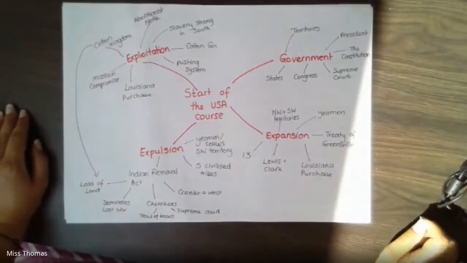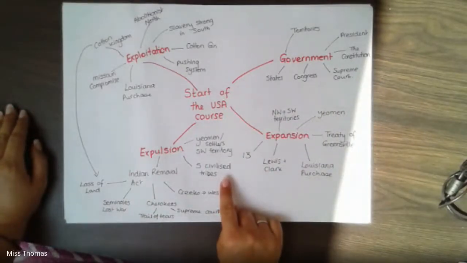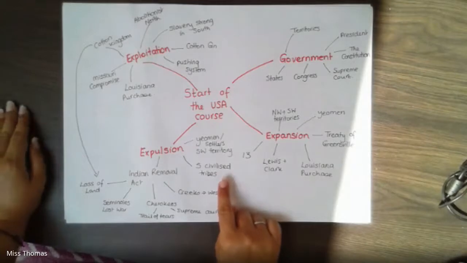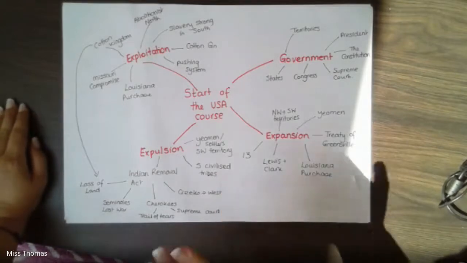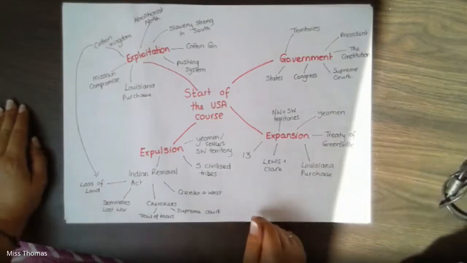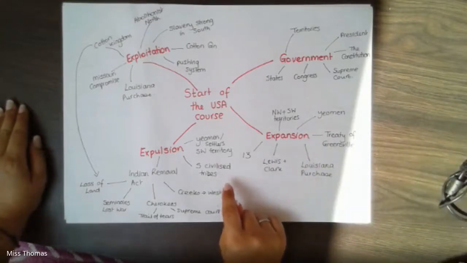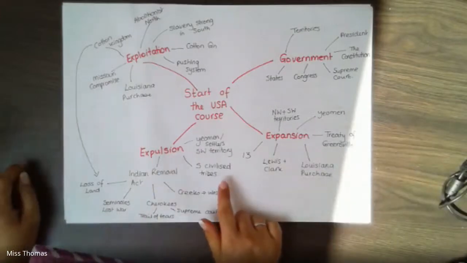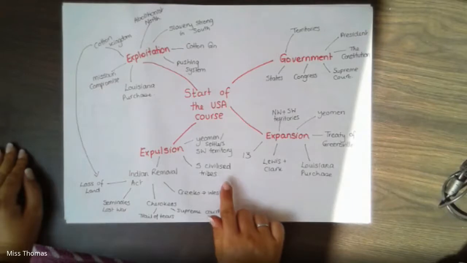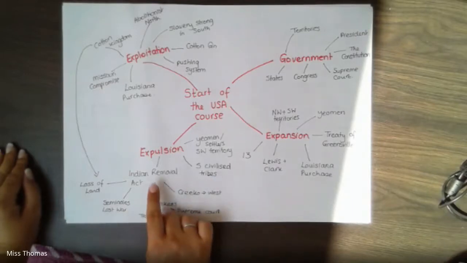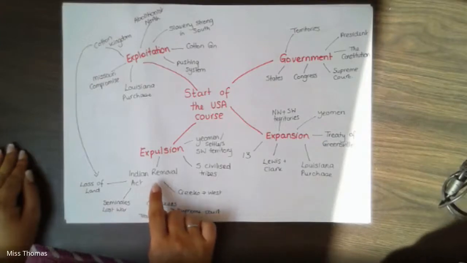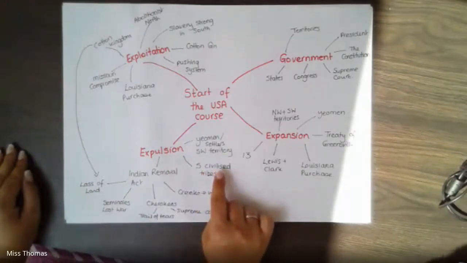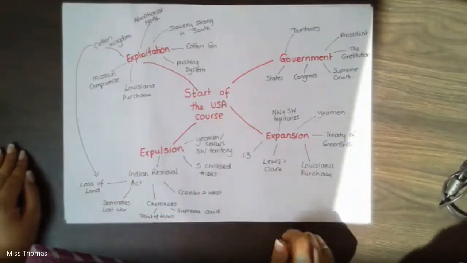farm the land. You've got the 5 civilized tribes, who live in the southeast part of America, that region just to the north of Florida. Now, they are civilized because they try to interact and build relations with the Americans by becoming more Western. However, this fails because in 1830, Andrew Jackson, the President of the United States of America at this time, brings in the Indian Removal Act, forcing the 5 civilized tribes off of their indigenous land and moving them